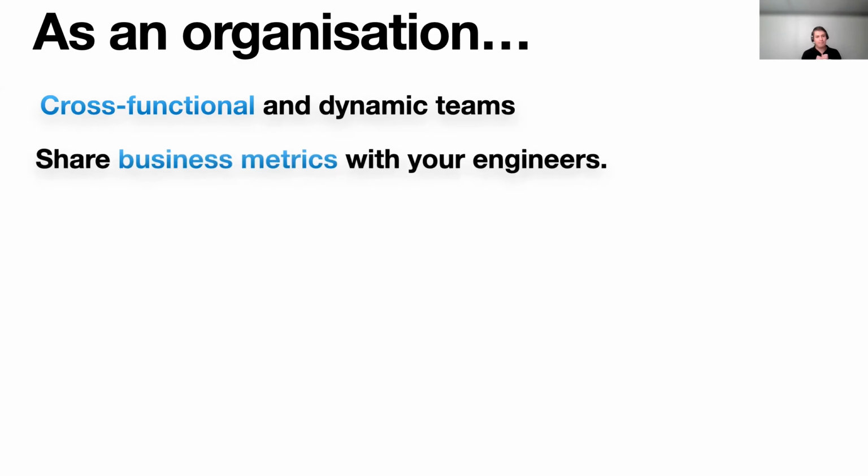Another important thing, you share business metrics with your engineers. This is very important. If your team, as developers, has these metrics, you can say, okay, we implemented these features and we are starting to see that the growth of the company or the growth of the sales is improving. This means we are on the right path. And when you start to see we are losing users, then you can react accordingly. And this transparency is very important for your development team.